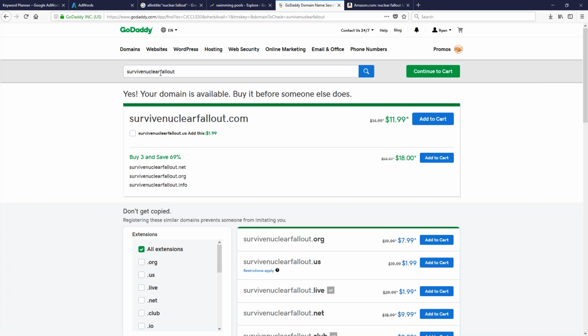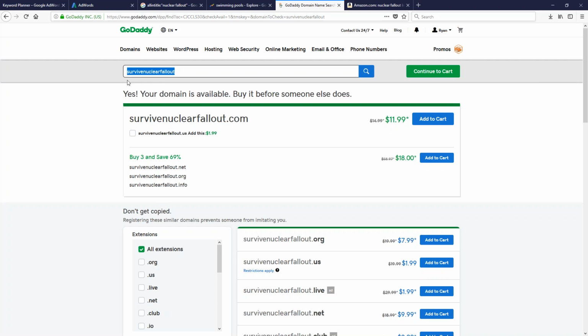Because think about it, any brand name website, the name's usually pretty short. Google.com, GoDaddy.com, Dell.com. You're usually not dealing with a 21 letter domain name in a lot of those cases. So